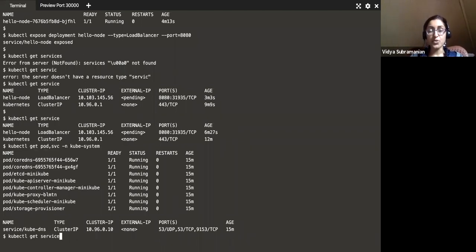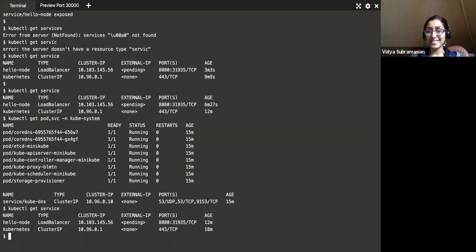Once that's exposed, you do kubectl get service. Once you do that, you will see what's the port number that your service is exposed on. So in my case, it's 8080:31935. Yours might be different.